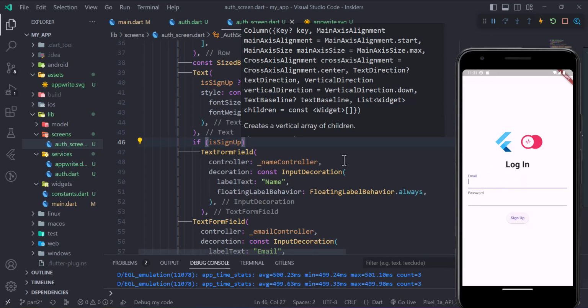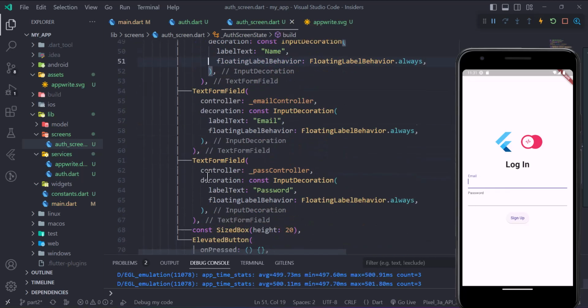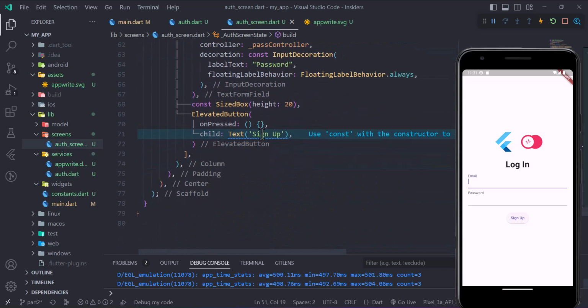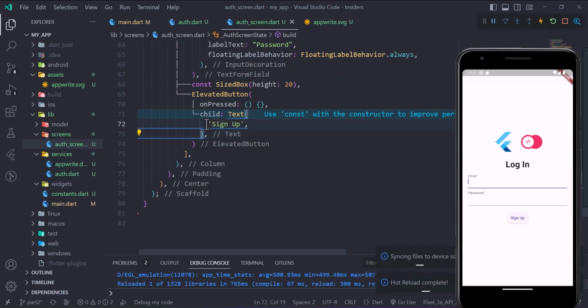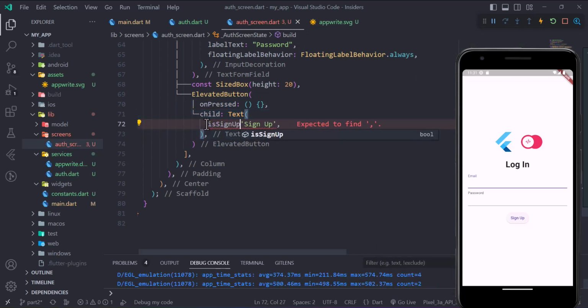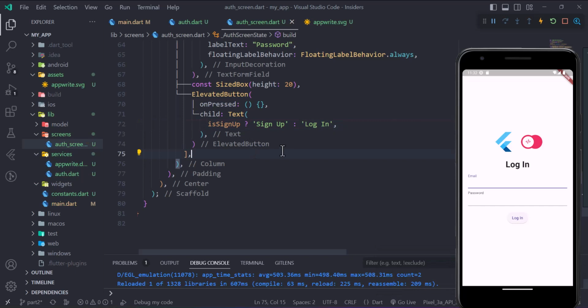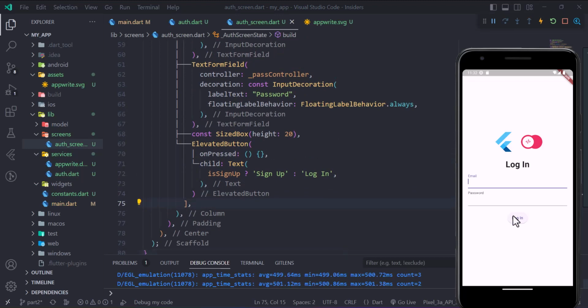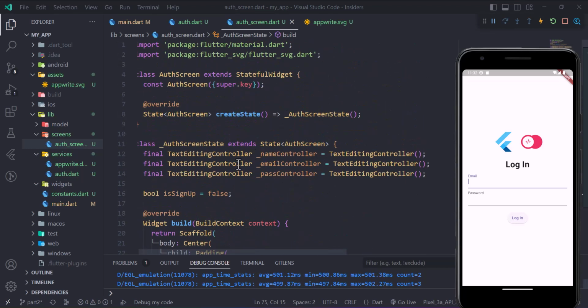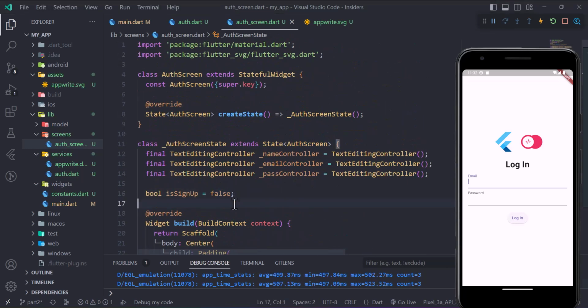Now let's also update the text on my elevated button. So if it's a sign up page, sign up state, so sign up, else show login, right? Now we need a functionality so that we can change this state through our app and not by manually changing this in code. So for that, what you can do